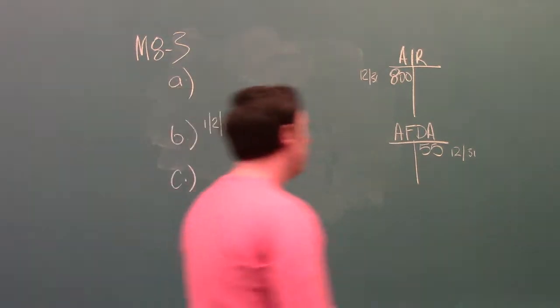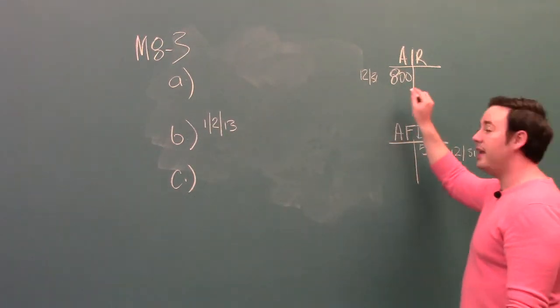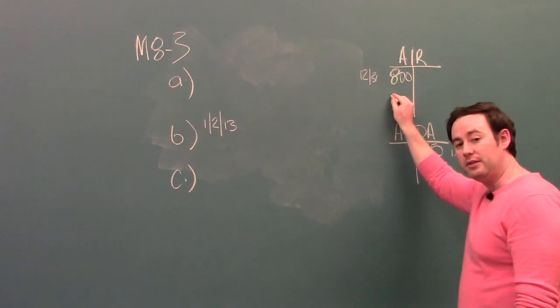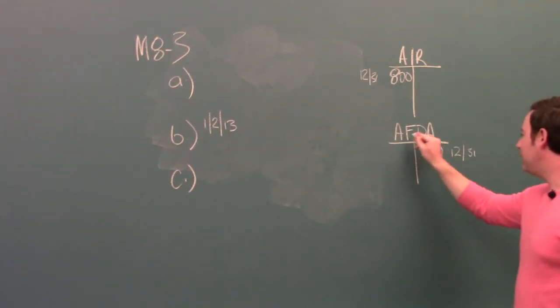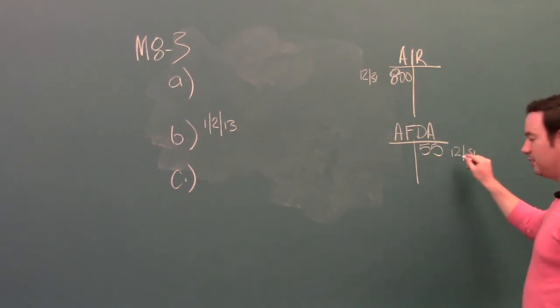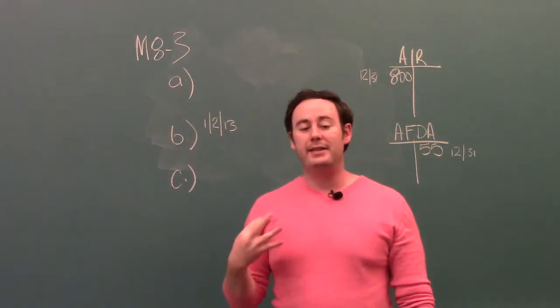Okay. So looking at this problem, I've written up some information to kind of get us started here. First of all, the accounts receivable balance was $800,000. Well, that's what they initially had on December 31st, 2012. And the allowance for doubtful accounts was $55,000, again at December 31st, 2012. Part A wants to know what amount did they expect to collect.